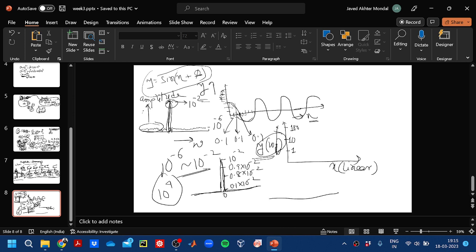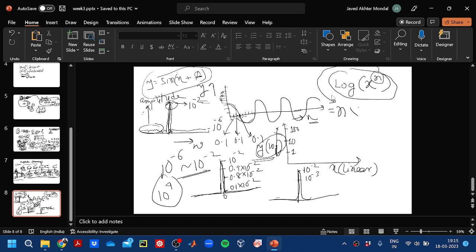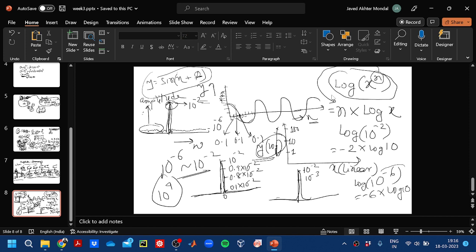Now if we do the same plot in the log scale, then on this axis, if this is 10 to the power minus 2, then the next will be 10 to the power minus 3. Why is that the case? Because in logarithmic scale, suppose we have the expression x to the power n. If we take the log of this, the power comes down as a multiplicative factor, so it is n log x. So the log of 10 to the power minus 2 gives us minus 2 times log 10, and the log of 10 to the power minus 6 gives us minus 6 times log 10. So in the logarithmic scale, this is only 3 times higher,